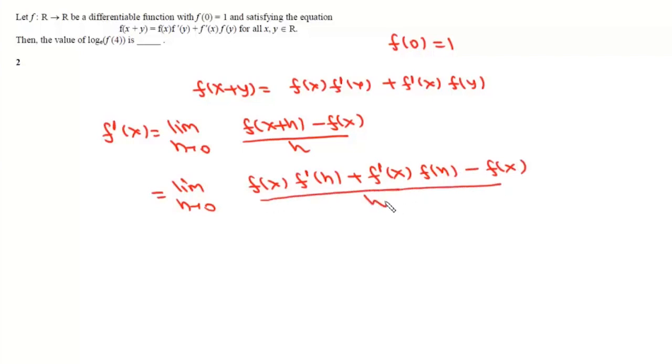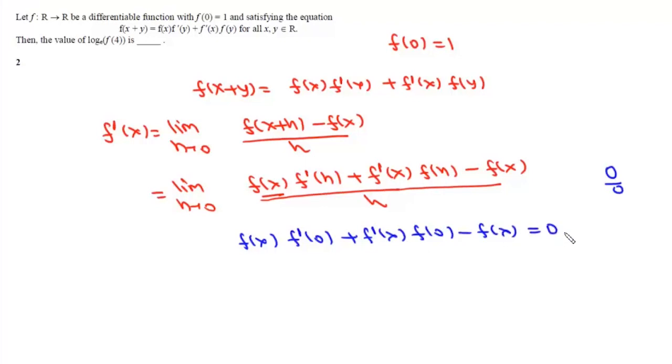whole divided by h. Now it says f(x) is a differentiable function, and it will be differentiable if the 0 upon 0 indeterminate form holds, and it will be indeterminate form if f(x)f'(0) + f'(x)f(0) - f(x) is 0 for all x in the question. Now we already know the value of f(0), we need to find the value of f'(0), and for